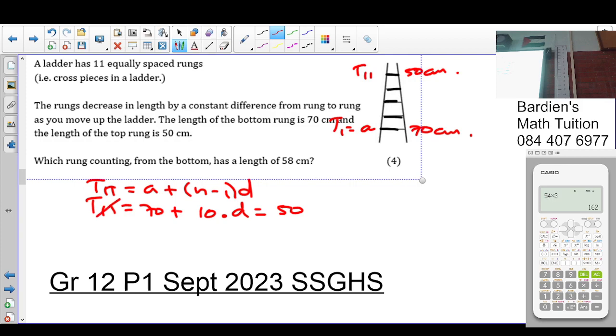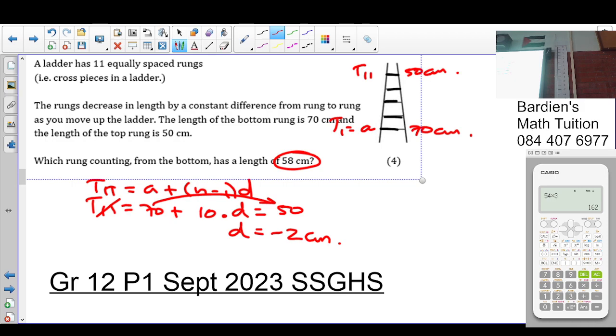So, of course, I can solve that. That's going to give us 50 minus 70 is negative 20, divided by 10 is negative 2. So each rung is going to be decreasing by 2 centimeters with every move. Okay. So which rung from the bottom has